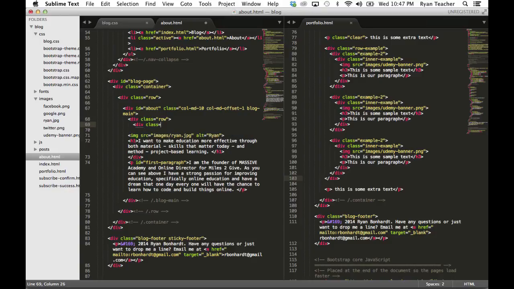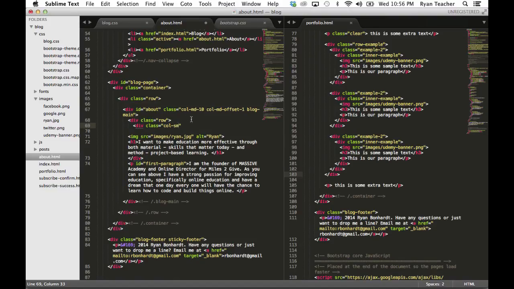So div class equals column, we'll just keep it medium since up here is medium, MD. Actually, let's go small, because once we get down to the small devices and this styling right here goes away, and it's now the full 12 columns wide, I still want this image to be 1/4 of the width of the About page, which at that time, once it gets to small, will be the width of the container. So we're going to go small, and we'll say 3,